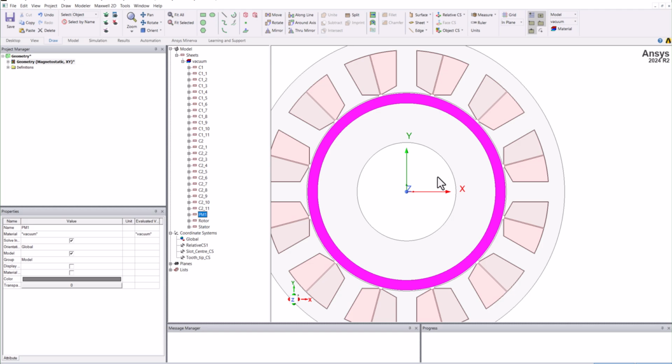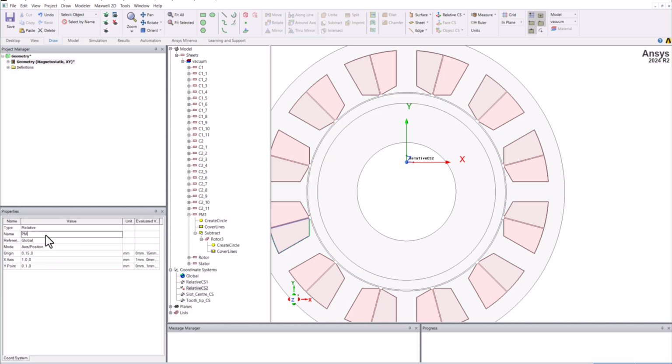So in the same way we will be creating a coordinate system. Here let's say we want to create offset only. We will name it PM upper split CS. You can name it as per your suitability. I'm just giving you an idea so that we can remember what that particular coordinate system is created for. So this I will name as rotor OD by 2 minus PM thickness times the sine component, and this time PM angle in electrical divided by number of poles,